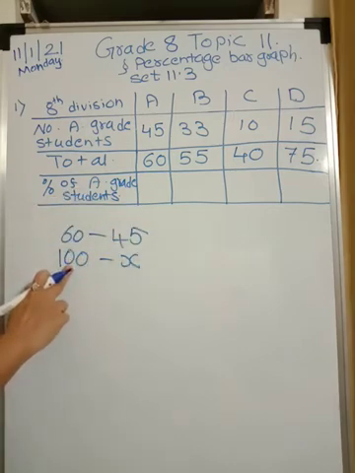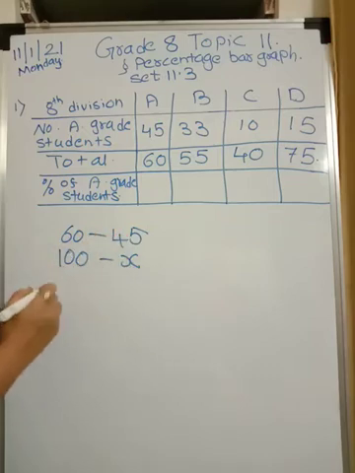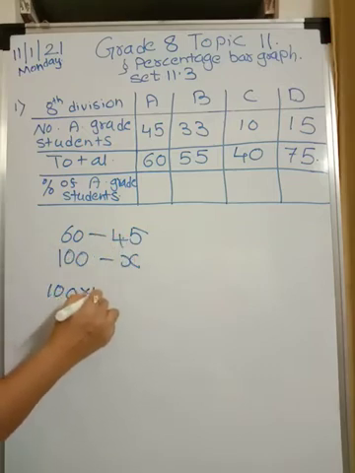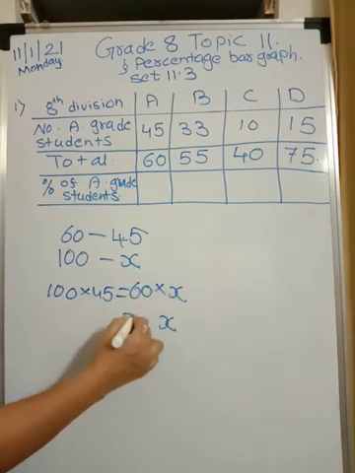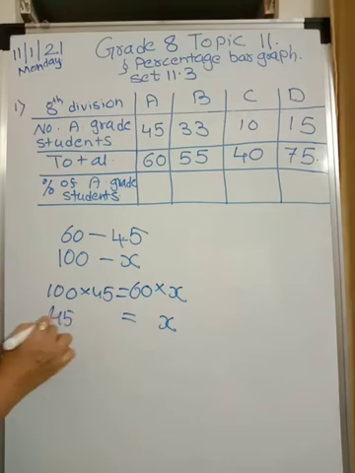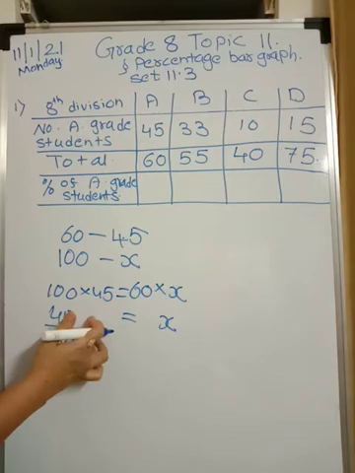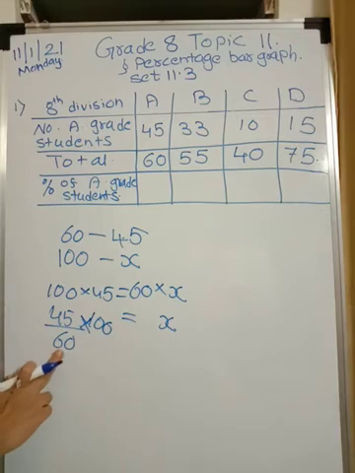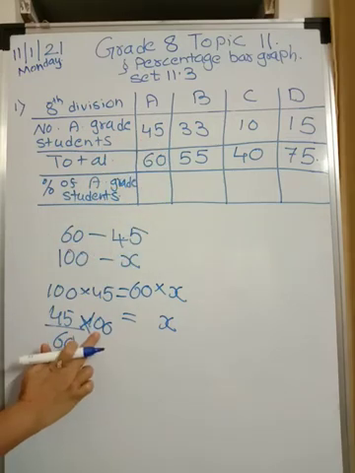If we find out something for 100, it is nothing but percentage. If you are calculating for 100, it is nothing but percentage. So how to do it now? It will be 100 cross multiply. 100 into 45 will be equal to 60 into x. We want to find x. X is what? You get 45 upon 60. Now 60 will go in division. It is shifting from right hand side to left hand side into 100. In short, total will be in denominator and given students will be in numerator. So same ratio, 45 upon 60 you do and multiply that by 100.